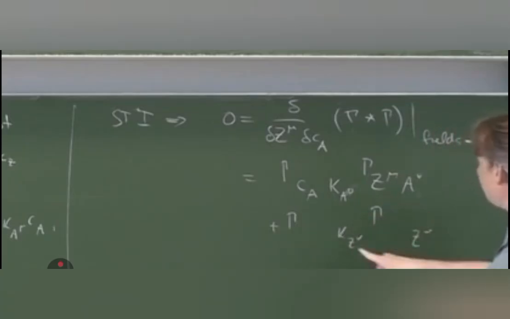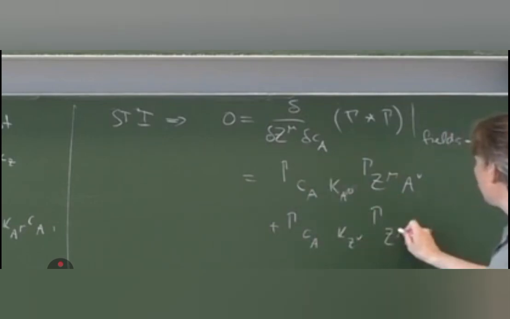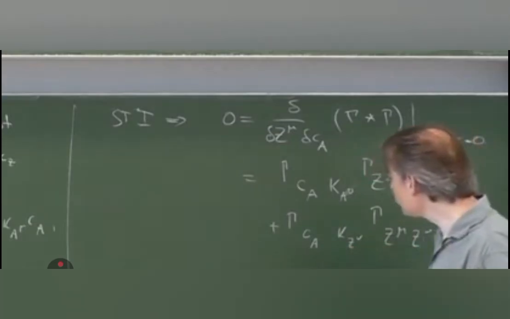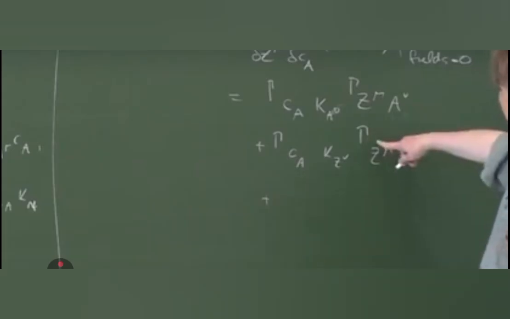Okay. And then we distribute the additional derivatives like this, and then we have here the Z boson self-energy, and here this Green function with source and Faddeev-Popov ghost. What else do we have? Anything else? Yes, indeed. In the standard model we have something else, and we should never forget about that,